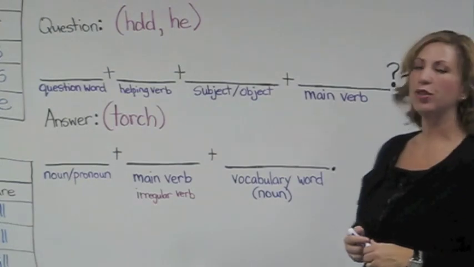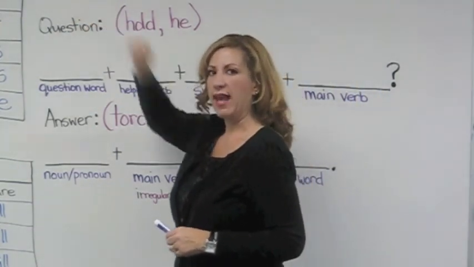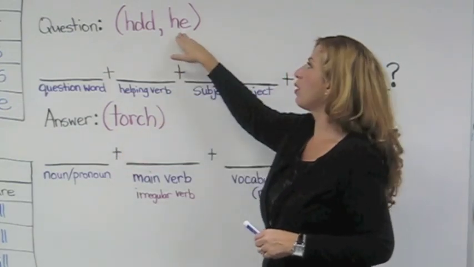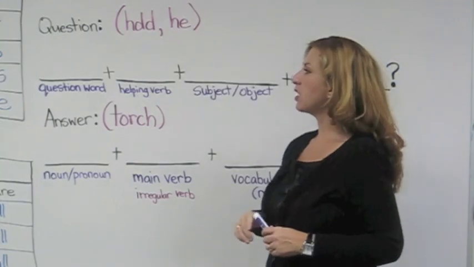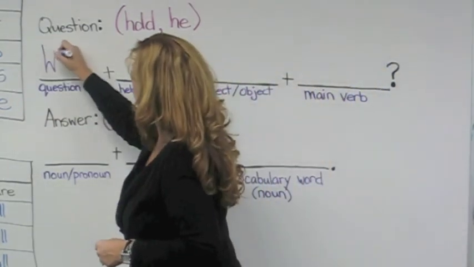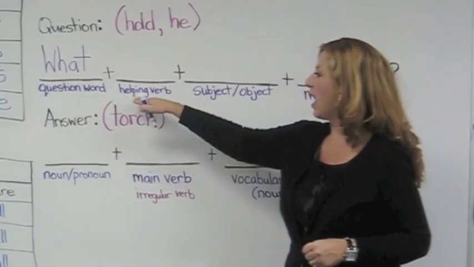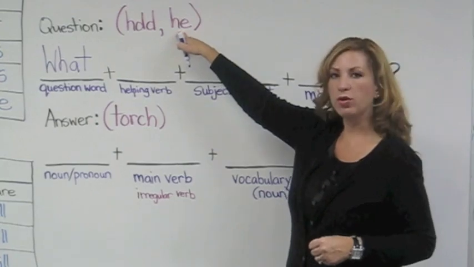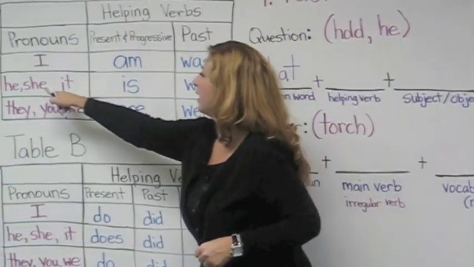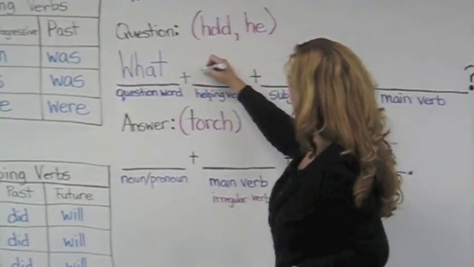Okay, now we're going to do problem number 4. Problem number 4 is in the past tense, and our verb is to hold, and our pronoun is he. So again, let's begin with our question word, what. What, and now the helping verb is according to our pronoun he. So if we're looking for the past, he and past, was. What was